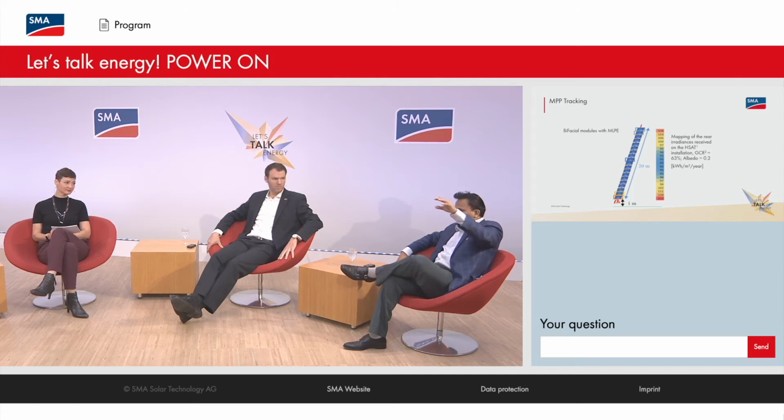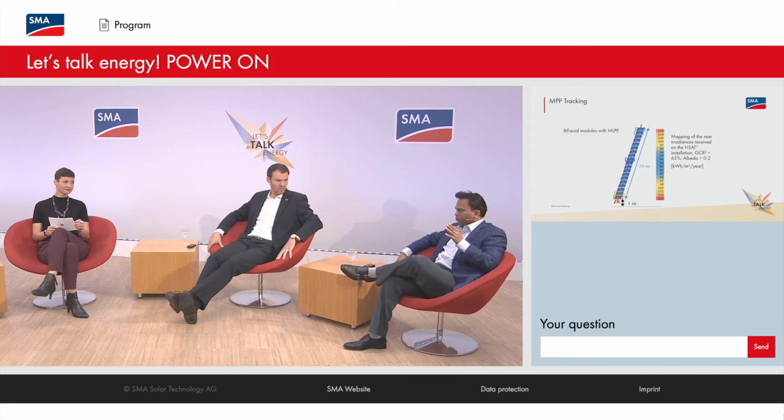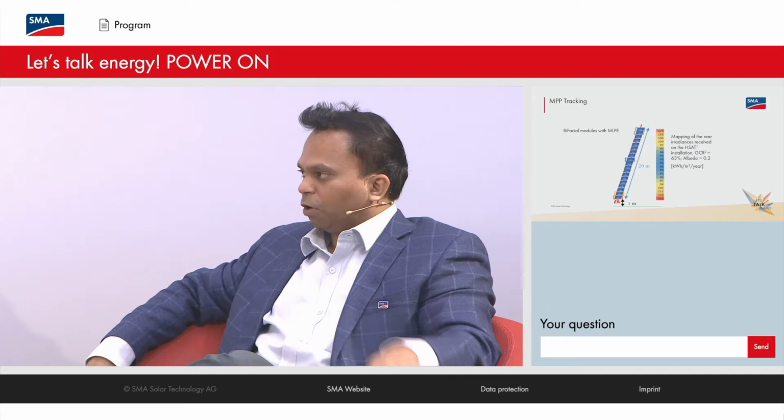And if you look at this, if you have a string outside, this is as good as the worst module of the string. So it makes no difference to have a multiple MPP tracker. One is as good as anything else. So in a study that we did along with Fraunhofer Institute,